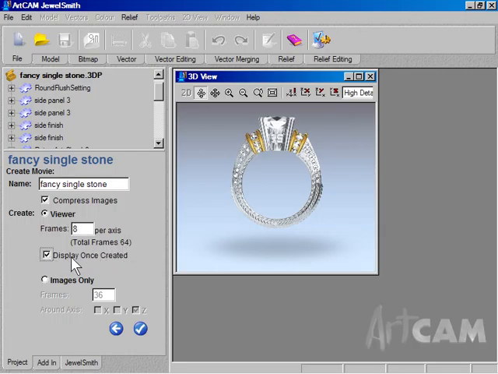I'm going to ask it to display once created the viewer. Now the viewer is simply a web page, but what we can do is just fire that up and look at it straight away once we've created it if I put that tick box on. Okay, so that's fine, and I'm just going to click accept,